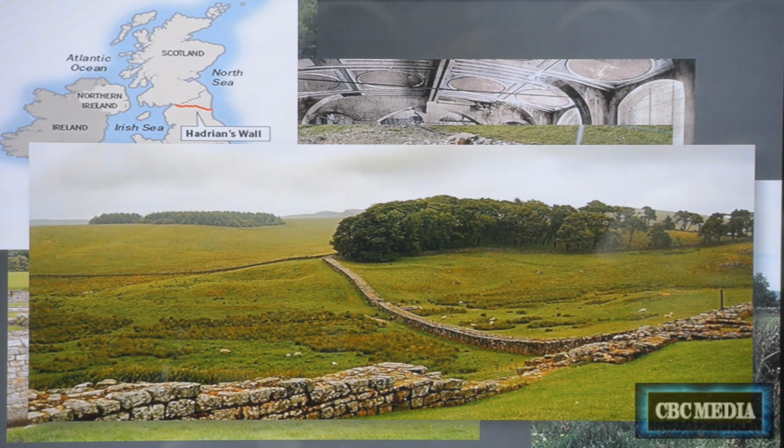It's supposed to be 15 feet high, 10 feet wide. It was basically designed to keep the people up above that line out of their territories. Apparently, the people in Scotland didn't like being invaded, so they fought back. This is 15 feet tall and 10 feet wide? Yeah. And then it's in ruins right now, but it goes 80 miles across the bottom of Scotland. It's really famous. This is the emperor that...